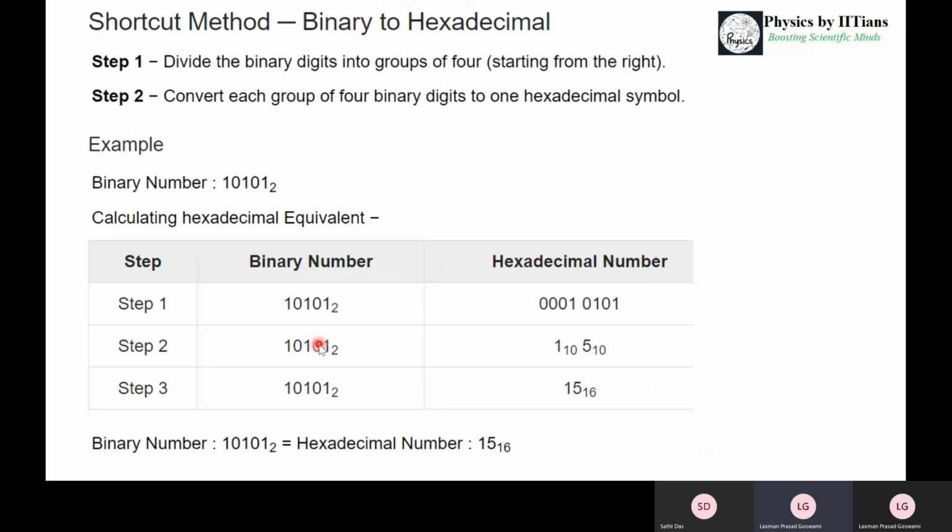So here what we will do, we will segregate the digits in the group of 4. In octal we are doing it in the group of 3. So here we will do the group in 4. So this again